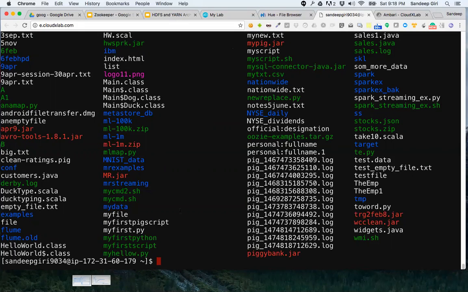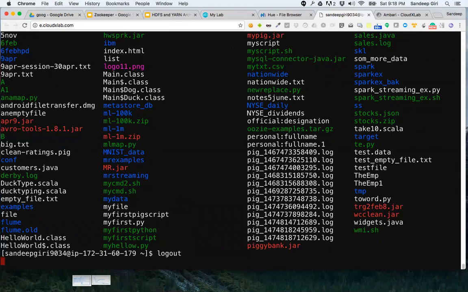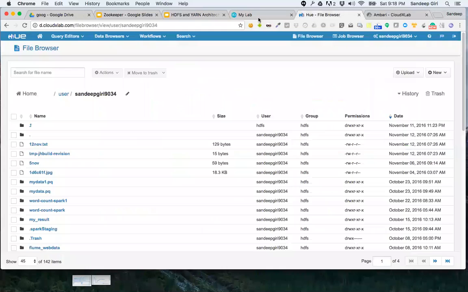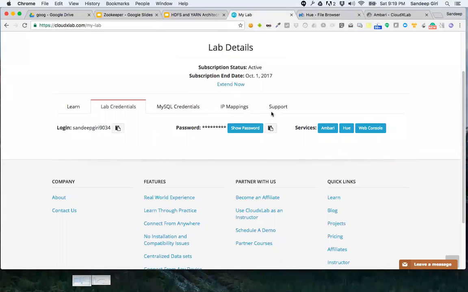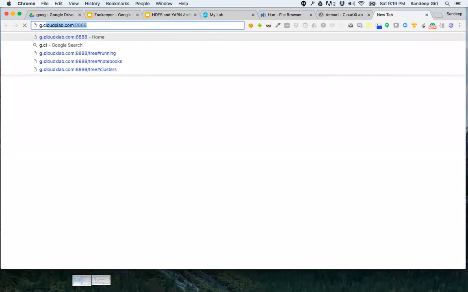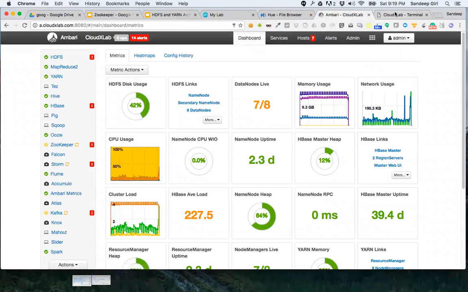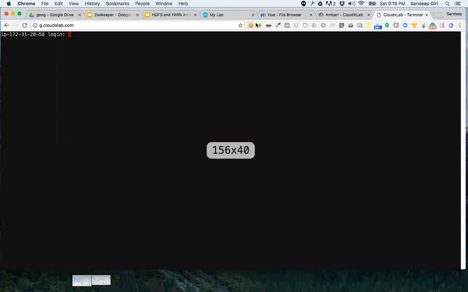I think a better thing would be to try G. Let me open G or H. You can say g in the terminal: g.cloudxlab, I mean not 888, simply G. I think Zookeeper is dead.